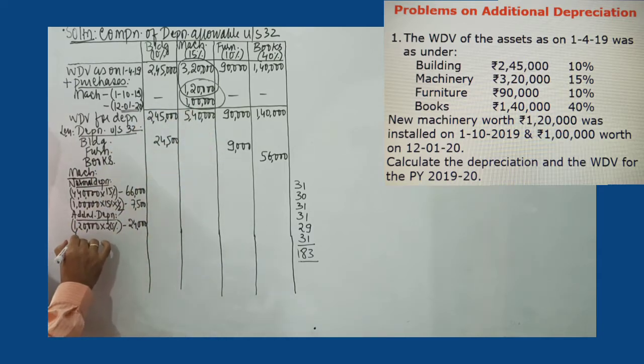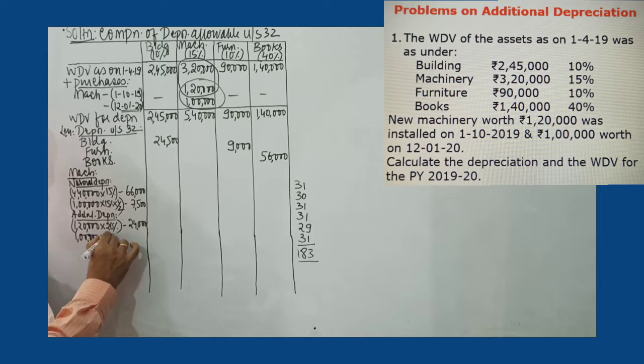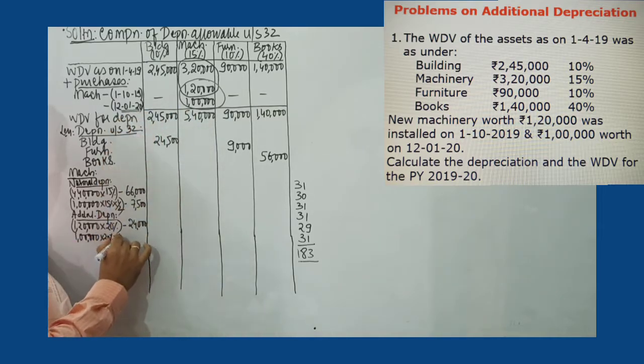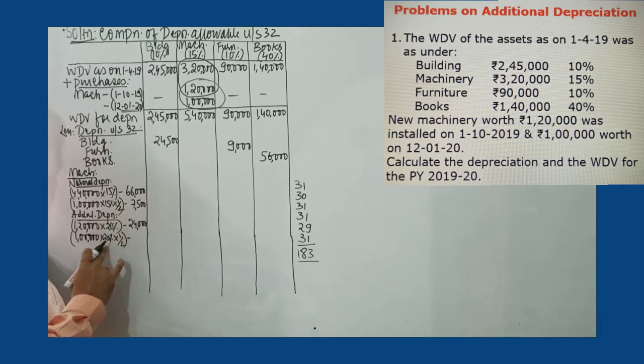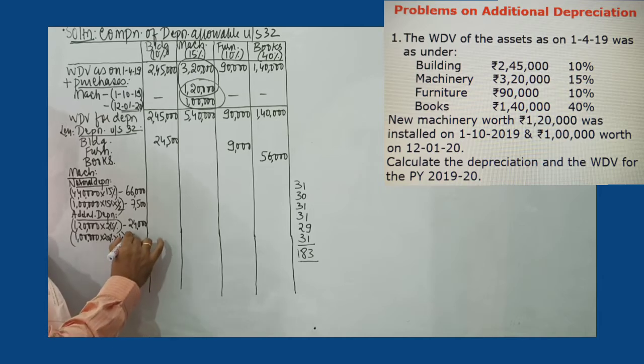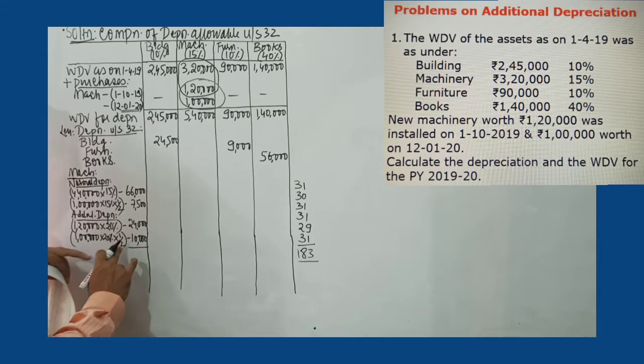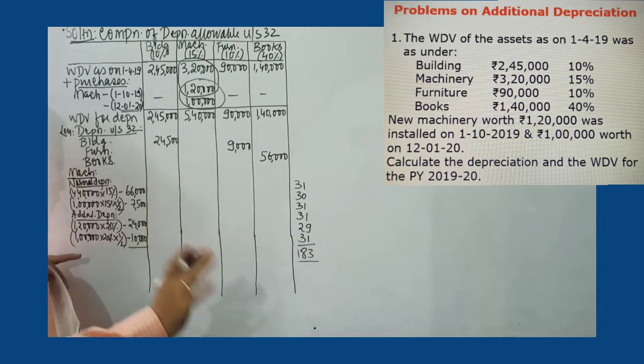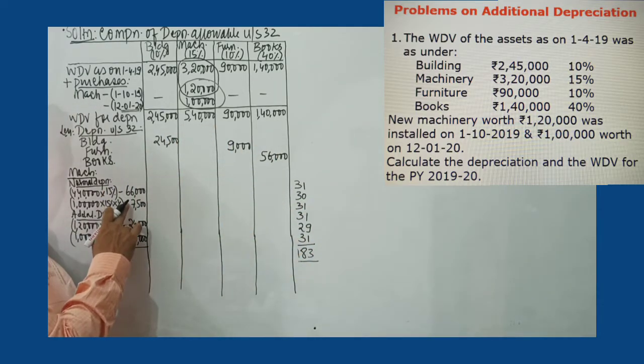Then we have another machine purchased during the year. The additional depreciation rate is 20%, and since this is purchased and put to use for less than 180 days, we take half year's depreciation there as well. And the amount would be 20,000 into half, that would be 10,000. Point to note, only half year's additional depreciation is charged, whereas the other half of the additional depreciation will be charged in the next year. So that benefit is available to the SSE.